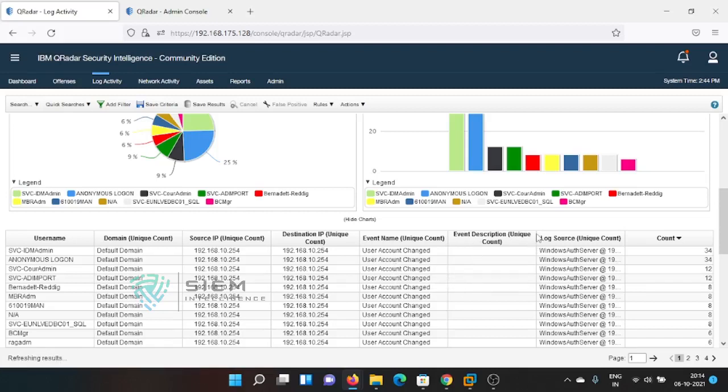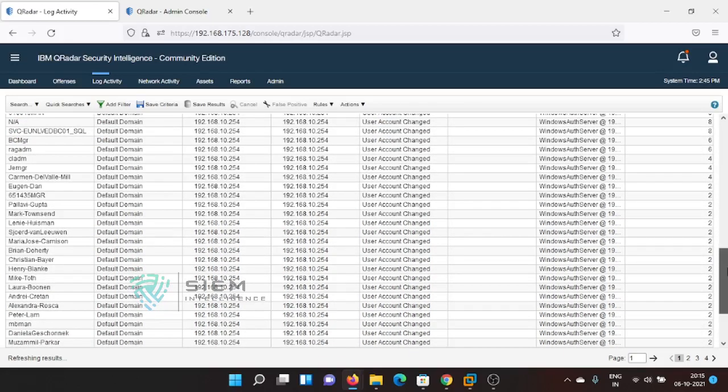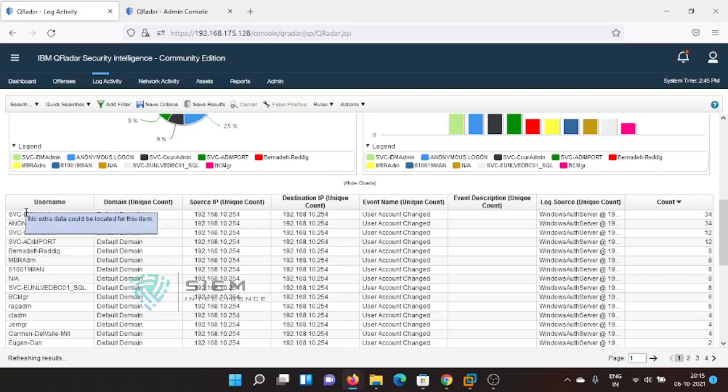If it is there, then only it gives, else it will not give. And I selected this log source. If you are not interested, these two also you can remove. You can make it very short and sweet. If you don't require this domain name and all, or even you want only source IP, you don't want destination IP, because destination IP used to be your DC only generally, the domain controller. So okay, you can do. So you can make it short and sweet. You can do those things.